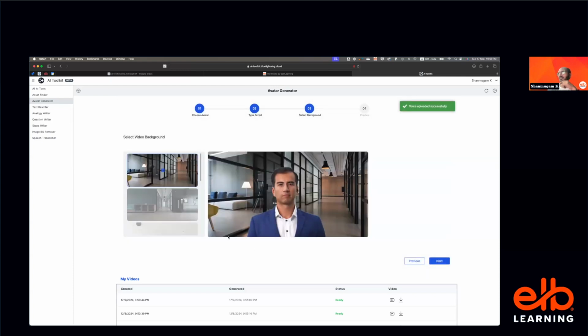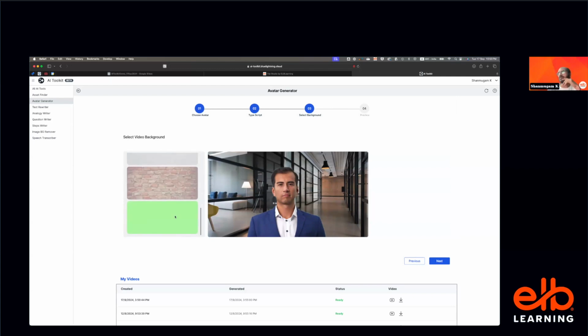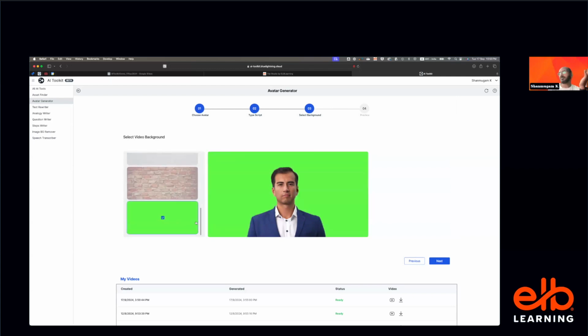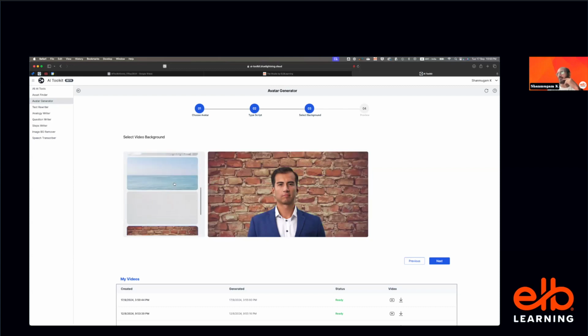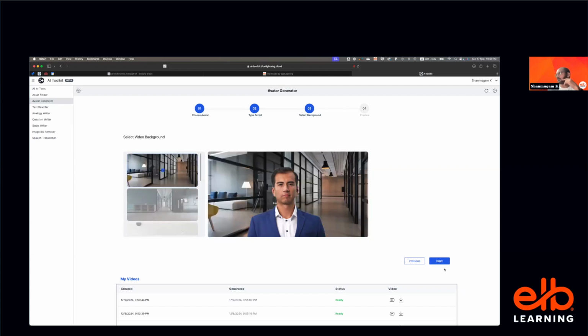section where you can select a background. So we do have certain backgrounds that are pre-populated, but if you know a little bit of video editing, you can always choose the green background and render it as a video, and then you can remove the green using any of the video editing tools like Premiere, so that this character can be there in any of the backgrounds. So once you select the background, let me select something like this, and then